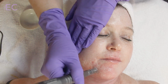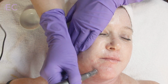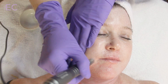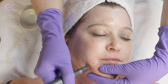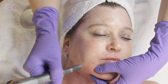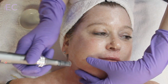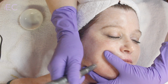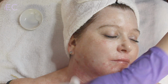Turn a little more to your left. There you go. My hunch is we're probably only going to do 1 pass on a low speed because she's more sensitive. A little bit of pinpoint bleeding is fine. Can you feel any of it yet? I can feel it, but it doesn't hurt. That's what we want to hear. Turn a little more to your left so I can get a nice flat surface. And if your glove's getting a little wet from the hyaluronic, you can just put some